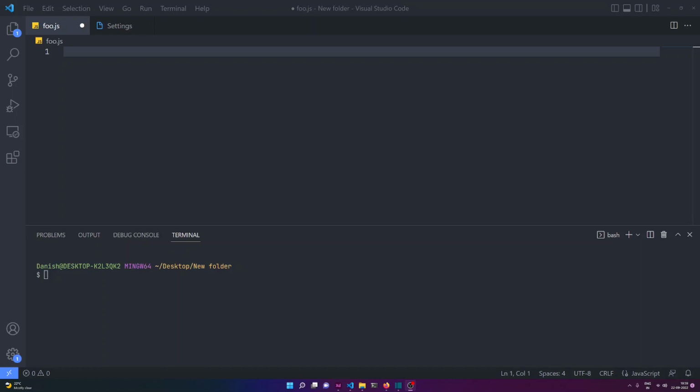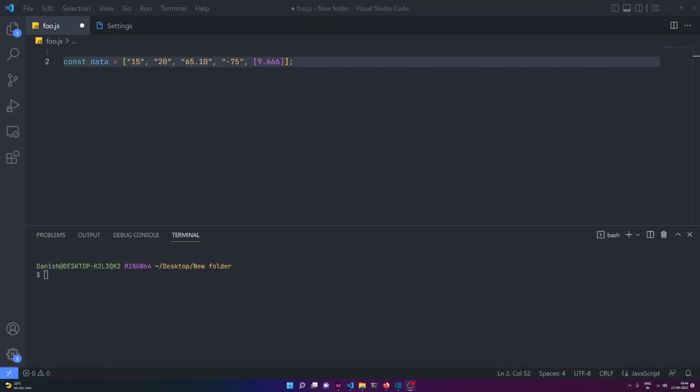So our trick number 3 is about casting values in arrays using maps. Let me just show you what I'm talking about. What if a situation like this arises where you receive data from the API in form of strings and something like nested arrays, but you want to perform operation on these numbers, and you want this array to be flattened in numbers. All of the strings and nested array, the data in the nested array, all of them you want as numbers. So I'll show you a quick and easy trick which is very beneficial